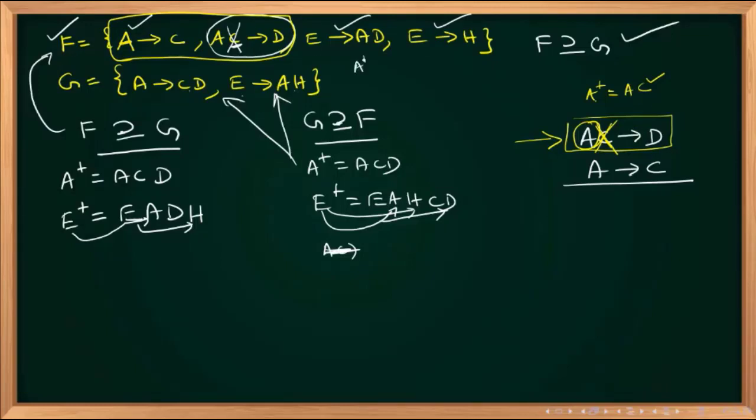If at all A closure of that functional dependency, after ignoring this one, if you are getting C, here you are getting C, no? Yes. A closure contains, what is that? Definitely C is there. So you can leave that one. It is redundant. Okay. So ultimately now you could have written A, C, D also. It may also have some redundancy, or some other E. Redundancy, anything you could have written in the left side. Because you are free to add anything to the left side, because as per the augmentation rule, it will not violate. But it doesn't mean that the other set should have the same functional dependency. Okay, redundancy we have to remove.